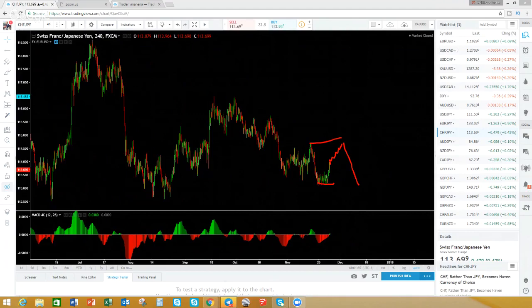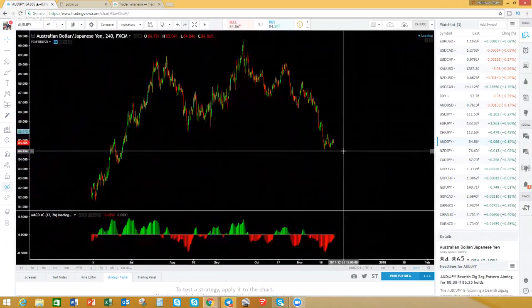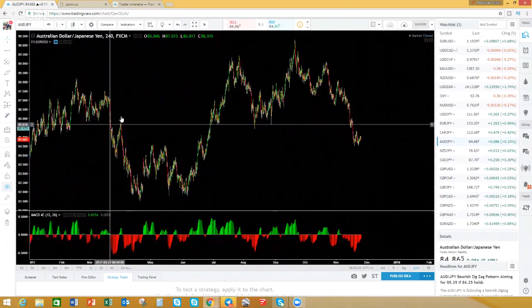But then if it starts breaking out of this structure here, then we're going to start looking at it differently, right? So that's the channel that we're going to be looking at on Chief JPY. But for now, we took it over there. You can follow this one on TradingView. I'll send updates on it as well. That's Chief JPY. Audi JPY has broken the long-term